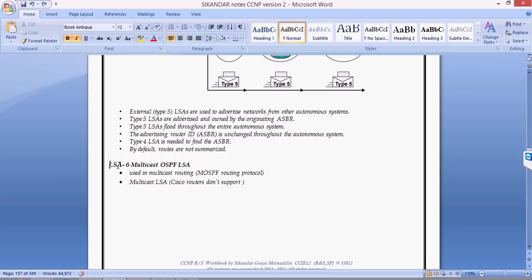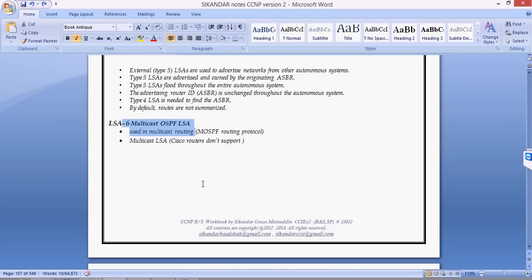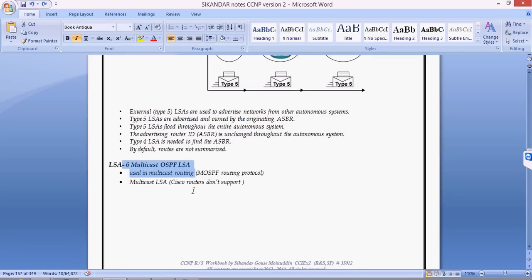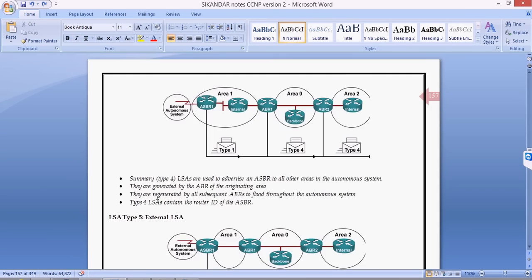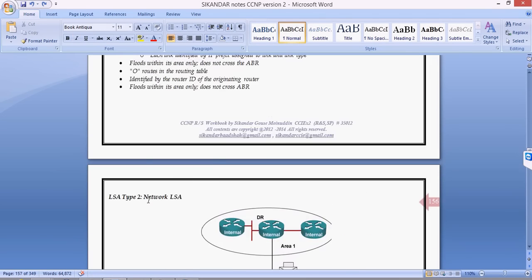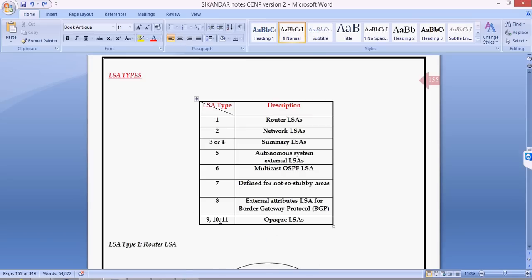Probably LSA 7 I can't explain right away without understanding the stubs concept. So probably we'll be discussing stubs, totally stubby, not-so-stubby areas, and then you'll get a better understanding. Once we discuss those things, then again I'll explain LSA 7 as well. Okay,